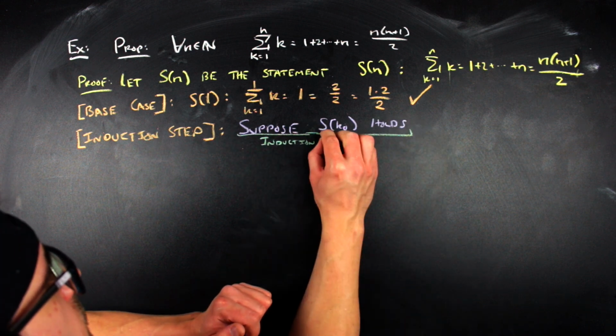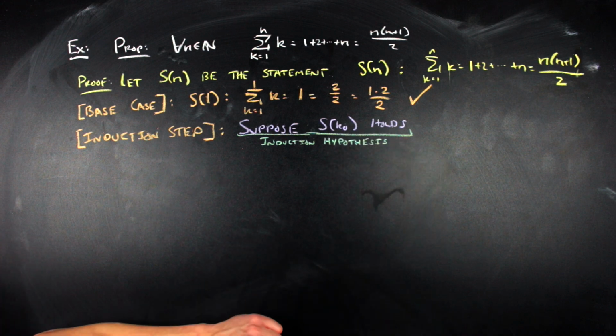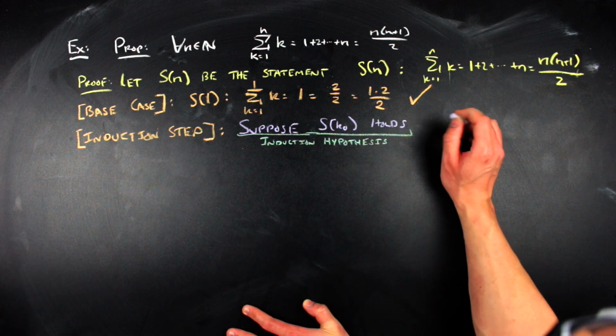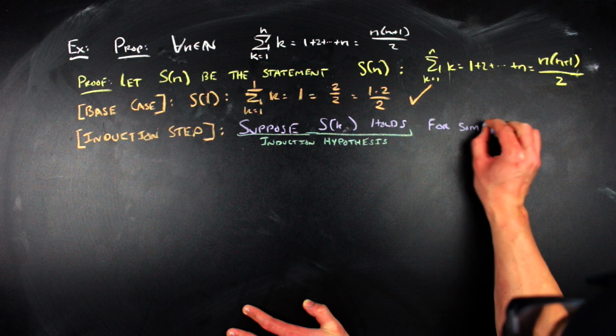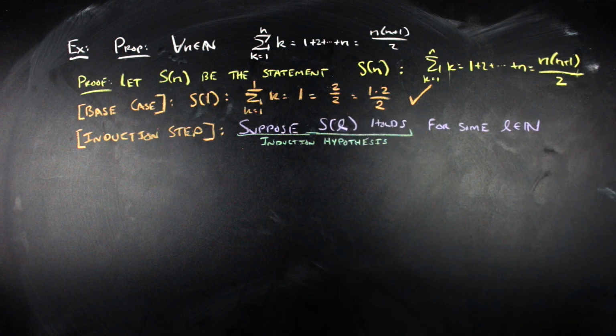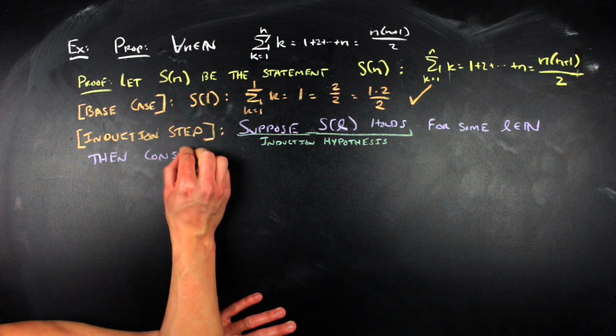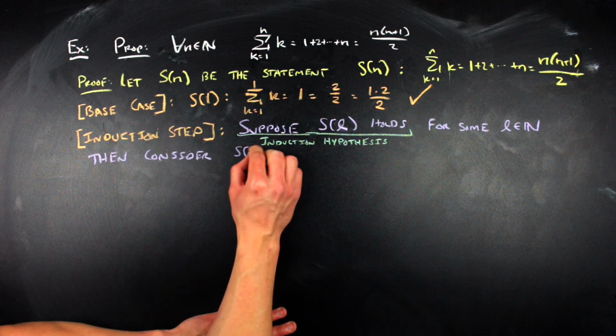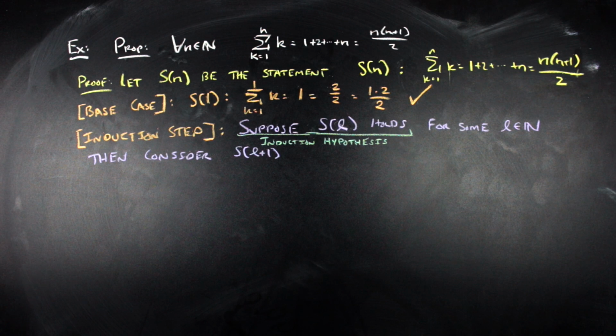And in this case, that is just some, I think I used L when I wrote on the board. So suppose S of L holds for some L, a natural number. And now the goal is to use whatever S of L says in order to show S of L plus 1. So if we go ahead and look at S of L plus 1,